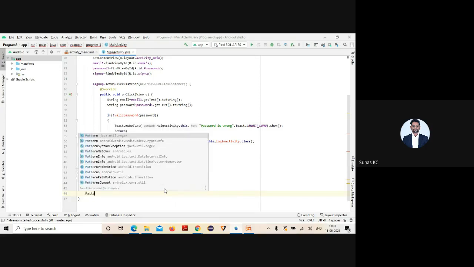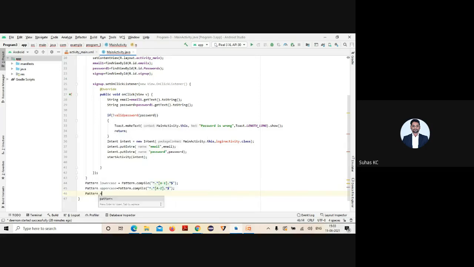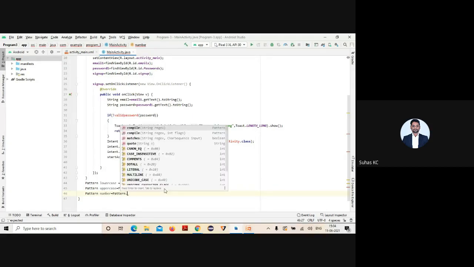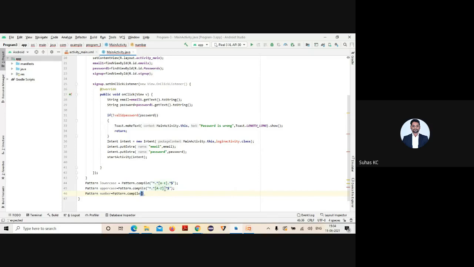Other type of pattern, for numbers. Number variable equal to again Pattern dot compile. I need to compile the particular regular expression with your rules. Same thing, in double quotes.